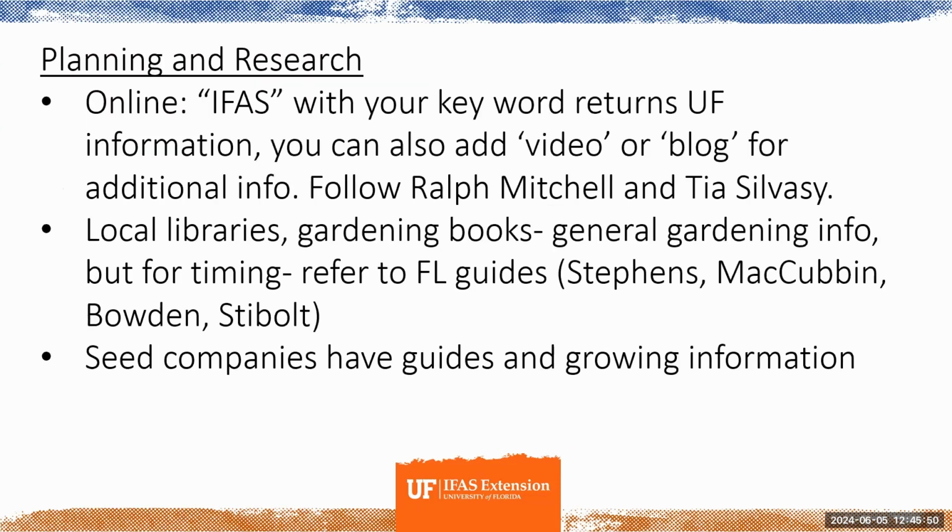I would pick a few crops that you really, really want to grow and explore those more deeply, because it kind of gives you a leg up to know if there's something particular that they prefer more than others. And if you're ever wanting to know how to grow something, if you type IFAS and the search word, so if you type tomato IFAS or cucumber IFAS, you're going to get UF information there. Sometimes it can be very technical if they've done a lot of research on it, and it might be more geared towards a grower. But if you put video or blog with that, sometimes you'll get videos about it or a really relatable blog